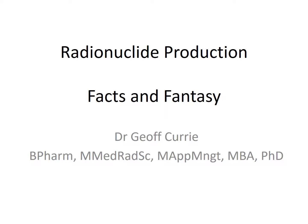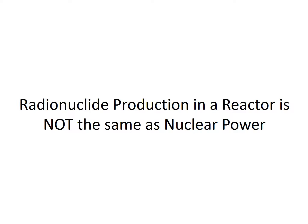So we're going to move on to part B, radionuclide production, facts and fantasy. We're just going to pick up from where A finished. And again, before we continue, it's really important to be very clear in this debate that radionuclide production in a nuclear reactor is not the same as energy produced in a nuclear reactor. Nuclear power reactors are a completely different story to research reactors. Their capabilities are different, it's a different debate, and it's irresponsible to be talking about them in the same